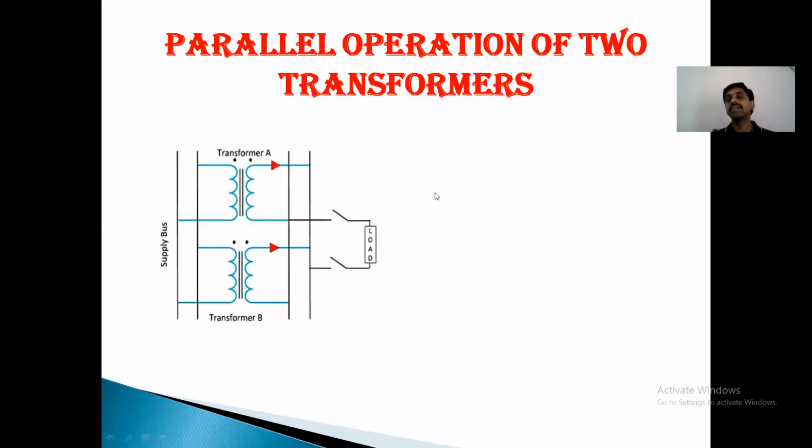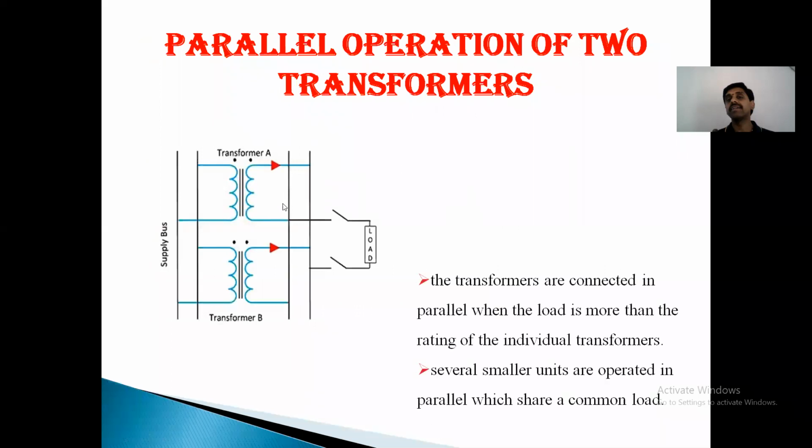So let us take two transformers connected in parallel here. We can observe the primary side is connected to supply, and the secondary side they are connected to